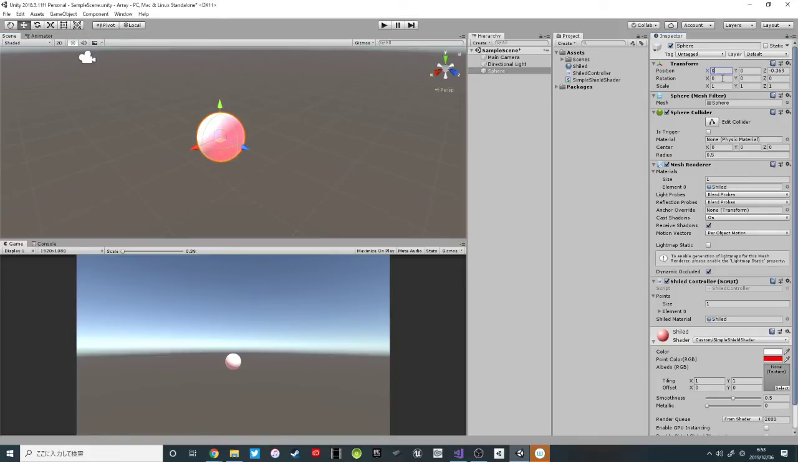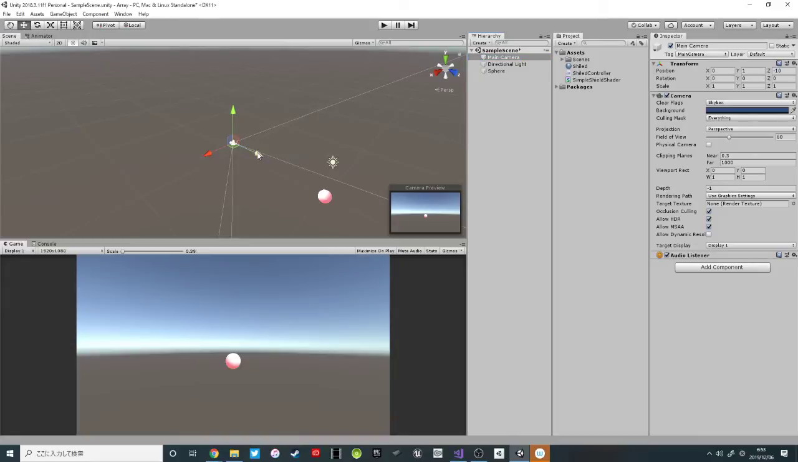So maximum points. Let's give it 50. So we can have as many as 50 points in there. And then after 50, it gets a little bit much. But with that, let's